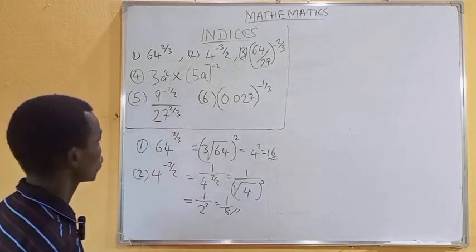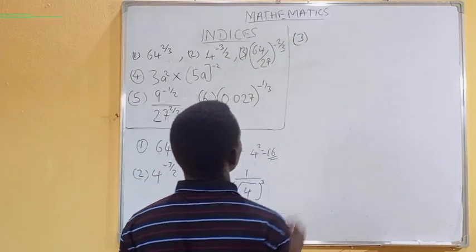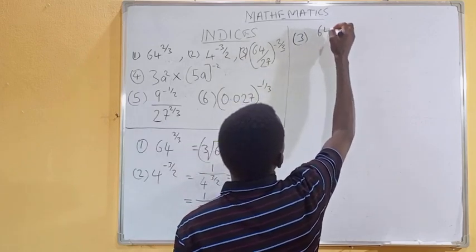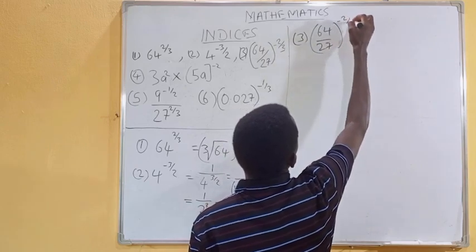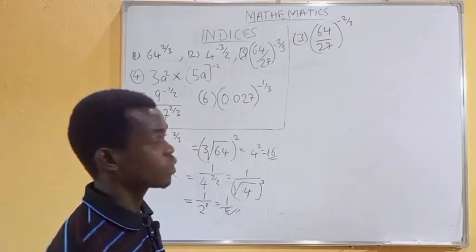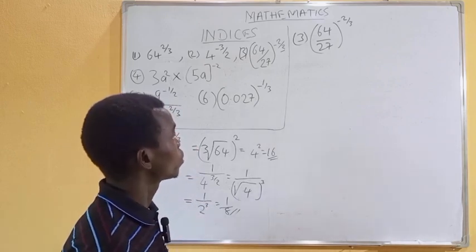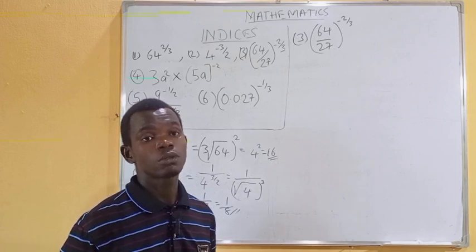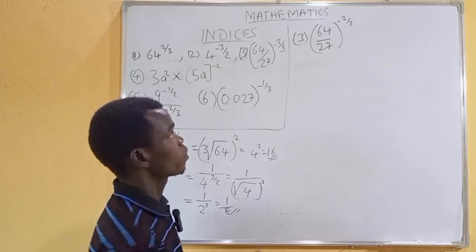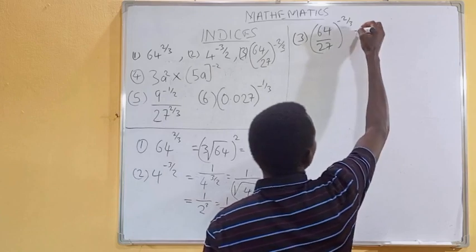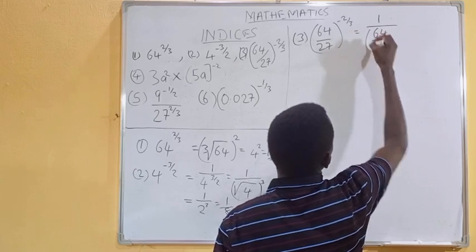Let's consider question 3. We have 64 over 27 raised to the power minus 2 over 3. This is both a fractional index and also a negative index. So the first thing to do is to remove the negative, which is the negative index. It will now be 1 divided by the indices, which equals 1 divided by 64 over 27 raised to the power 2 over 3,